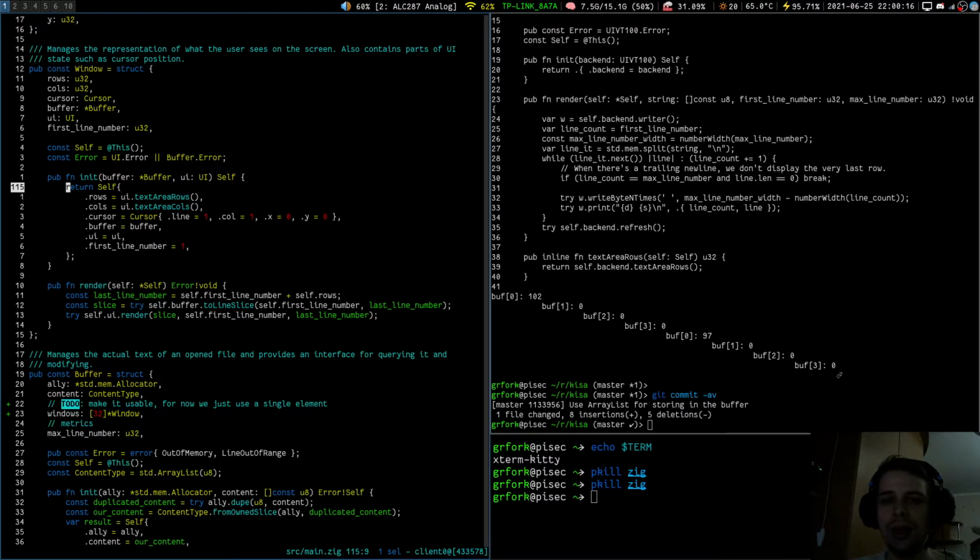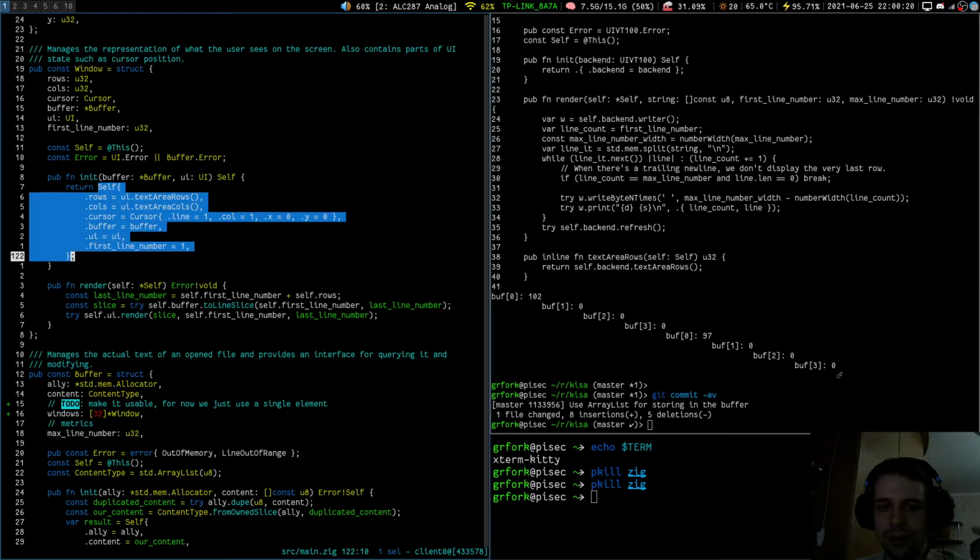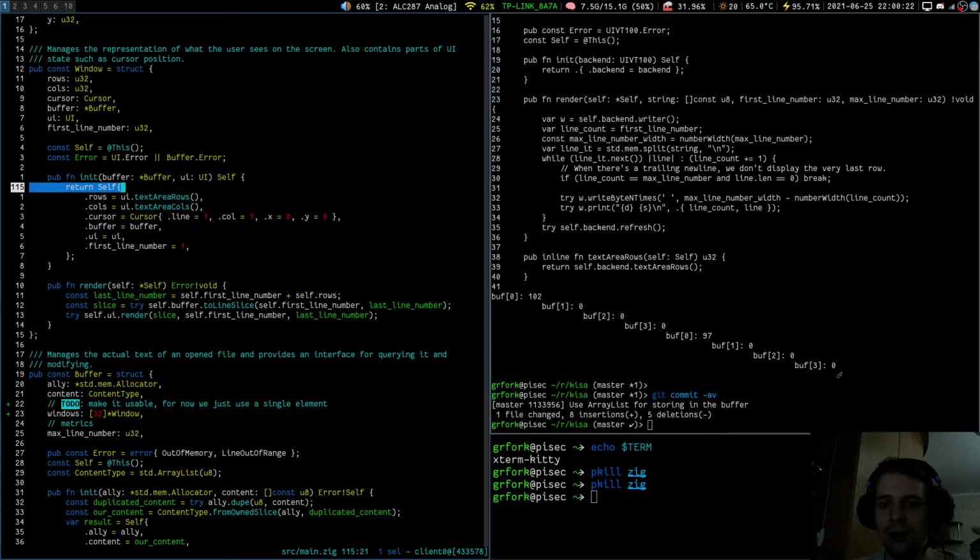But at the same time, when we return from here, we cannot make this value a pointer because currently it is allocated on the stack. And we don't want to make pointers to things allocated right here on the stack, because after this function goes away, our stack pointer will be invalid. So